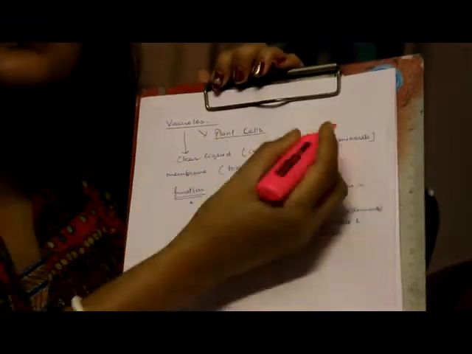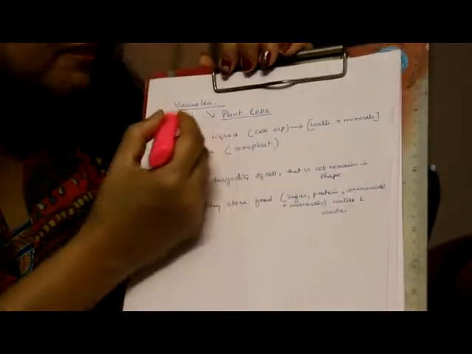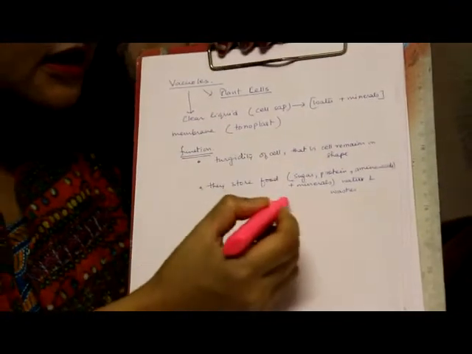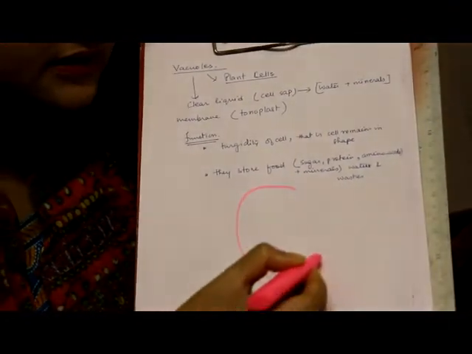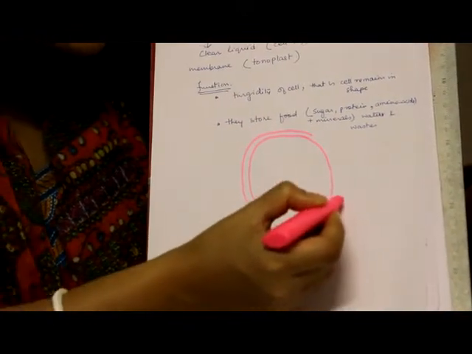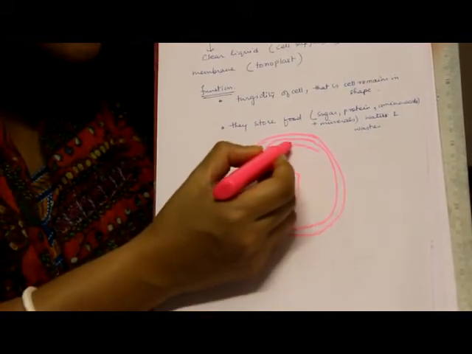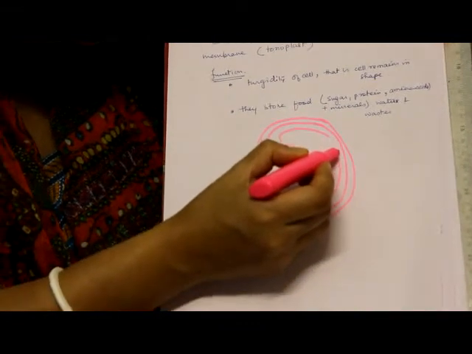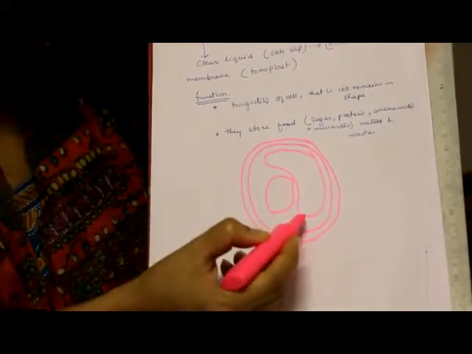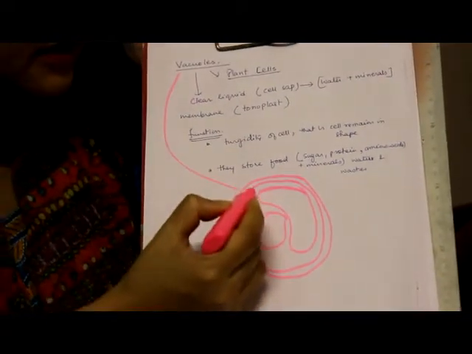Another organelle which is present in the plant cell is the vacuole. Though it might be present in some other cells like amoeba, if it is present in an animal cell, it will be very small. But in the plant cell, the vacuole is a clear space. So here if I draw a plant cell, this is the cell membrane. Obviously we have learnt before it has an extra wall, that is the cell wall. Nucleus we have to draw, and this vacuole is another structure like this, which occupies most of the area of the plant cell. This is termed as a vacuole.